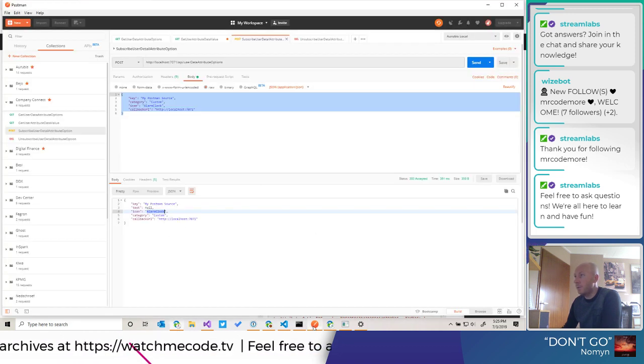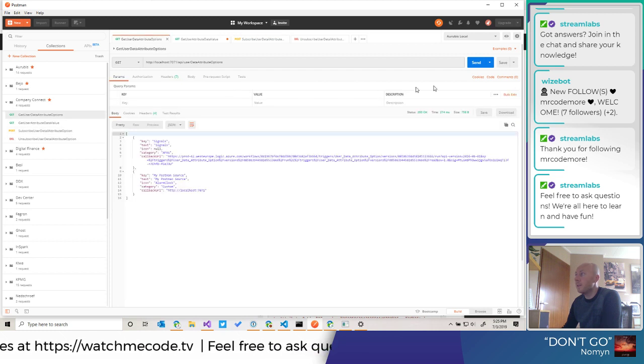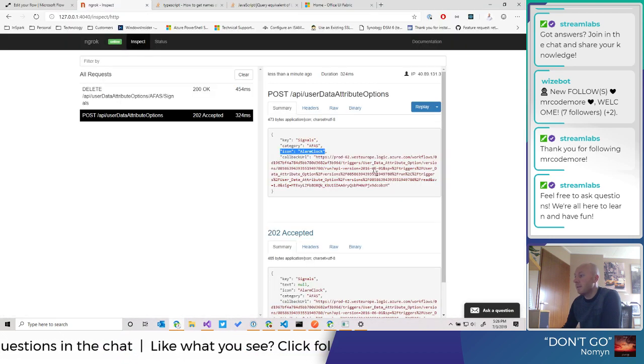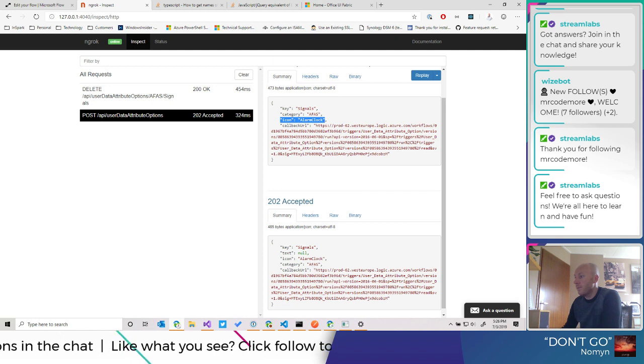So if I run get user data attribute options again, I was expecting to see my new subscription here. Where is it? Why didn't it work? Got accepted. Icons, alarm clock. What happened?